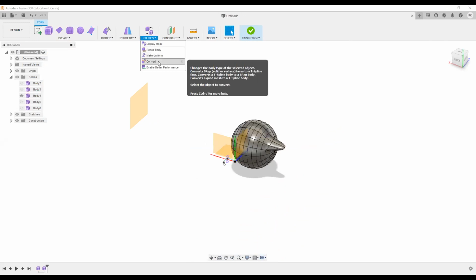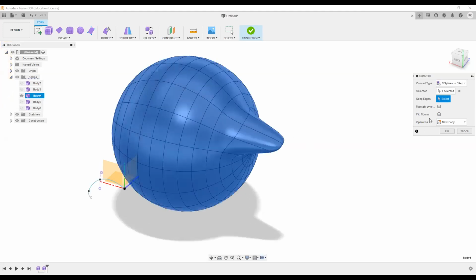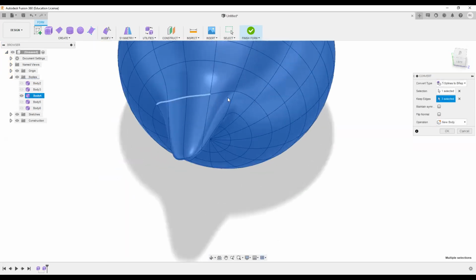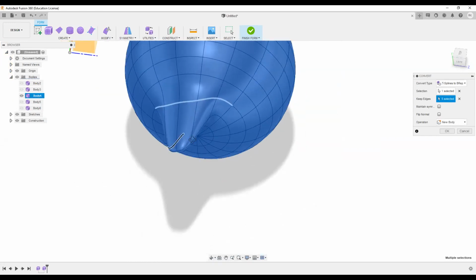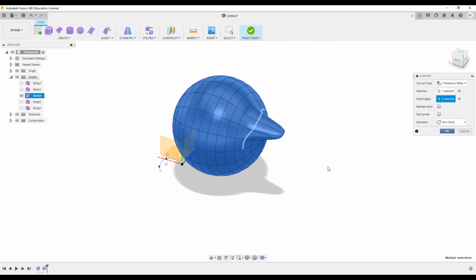Then there's this convert tool also. What this convert tool does is, this is a T-spline body. If I want to make this body into a B-rep, that is our normal 3D model, I'll select this. There's the option of keep edges. For example, if I want to keep these particular edges as they are, I can keep those particular edges. And if I say OK,